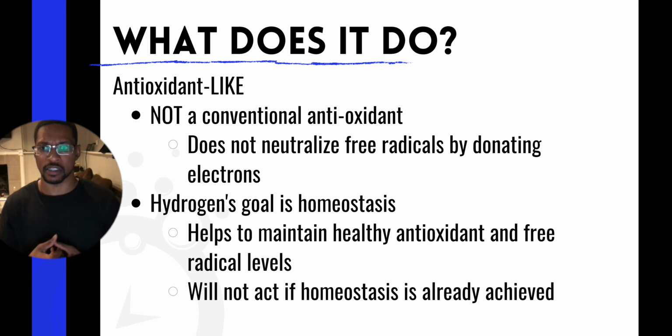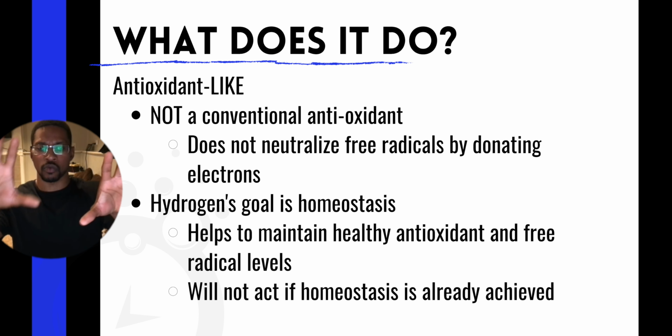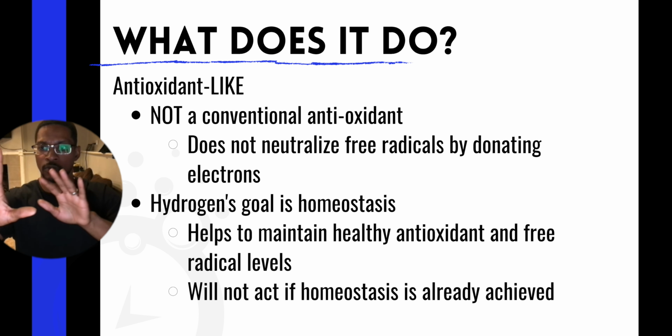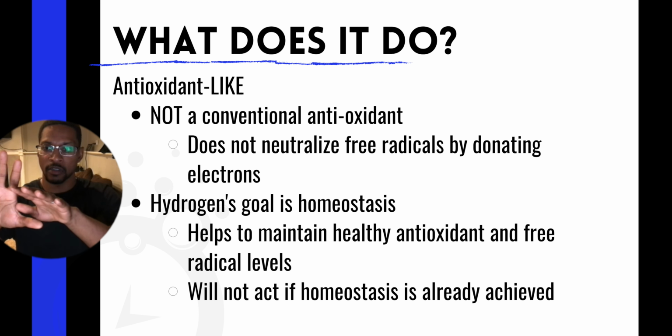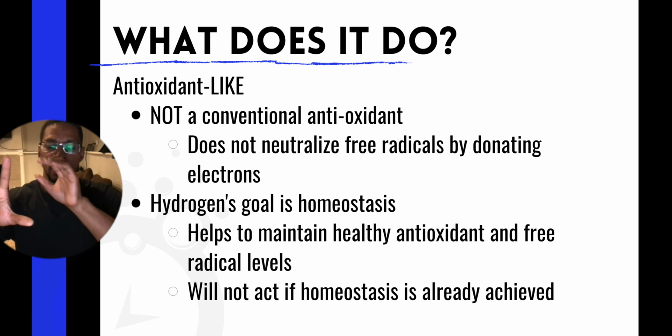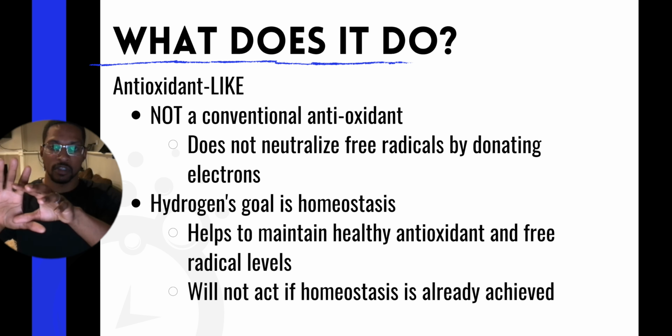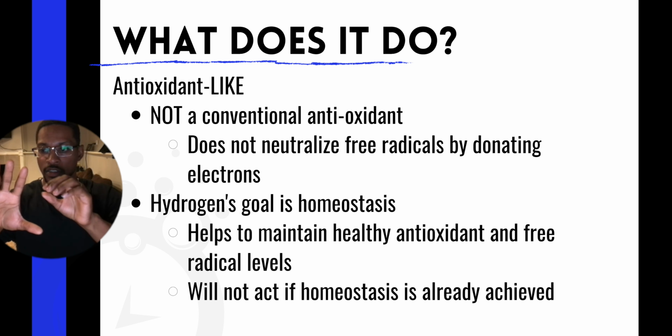So they've actually seen this. If we had two cells, one undergoing oxidative stress and one running optimally, they can give molecular hydrogen to the stressed cell and it will regulate the antioxidants. It might increase the expression of the NRF2 pathway, and then it might do some things with the mitochondria and some other stuff, right? So it's going to regulate the antioxidant status of this cell and improve it. It's going to increase those antioxidants to suppress the oxidative stress in it.